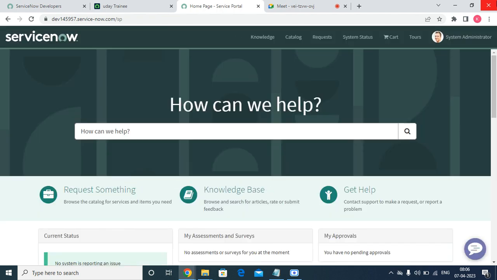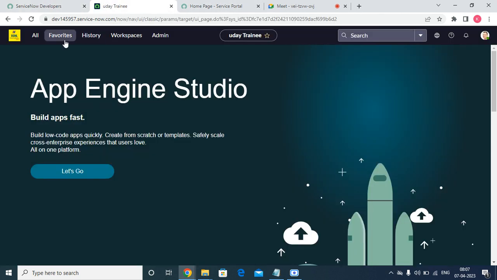Why we need a service portal is that in a company, other people will come, like HR people, business users, ITIL users, vendors. Everyone wants their own specific portal so that they can see the data as per their request. We cannot show unnecessary data to any user. So what we are suggesting is we create a service portal, and from that we can do the same thing. If I go to create a portal,